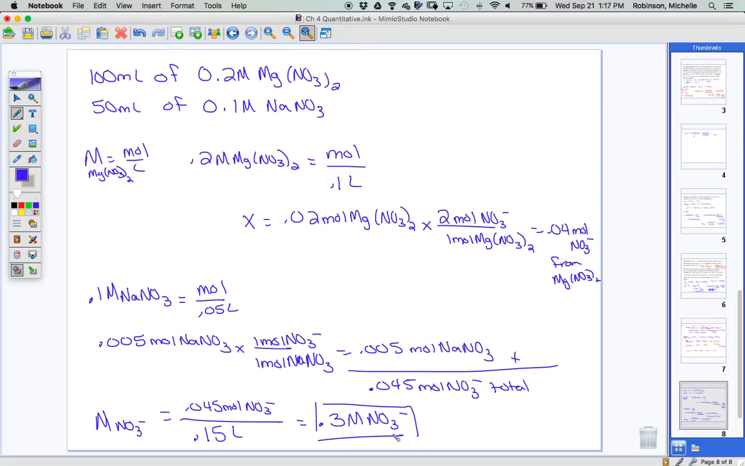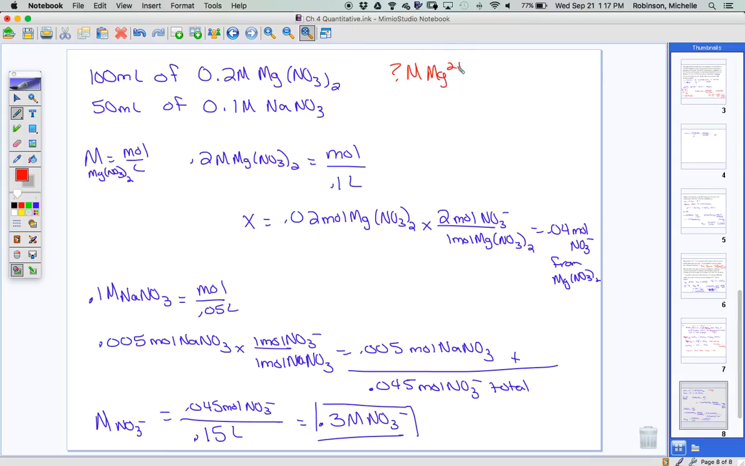It's kind of tedious. I'll give you that. It's a little tedious. But conceptually, do you get it? Right? The NO3s come from both places, so you have to add them together. What if you just had to find the new molarity of, let's say they asked for the molarity of the